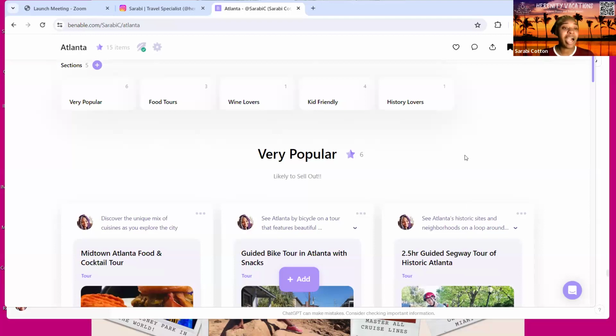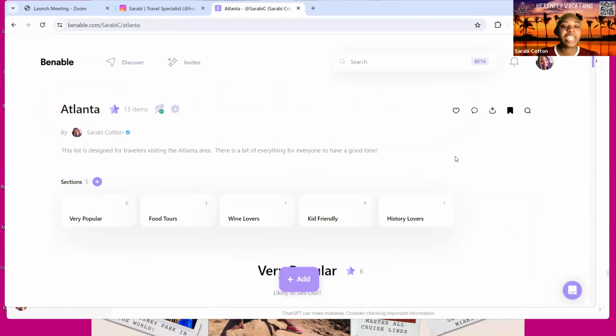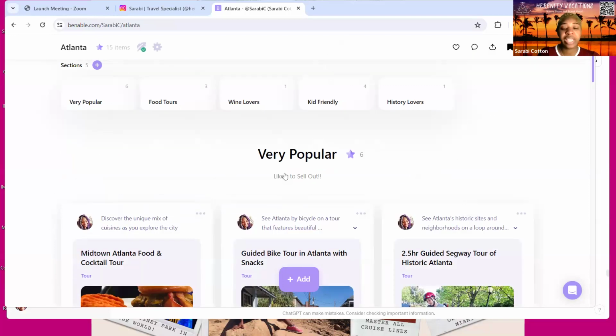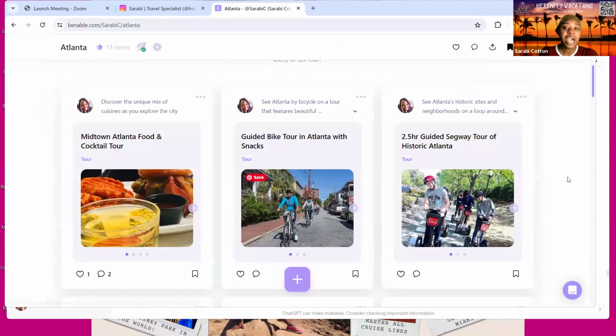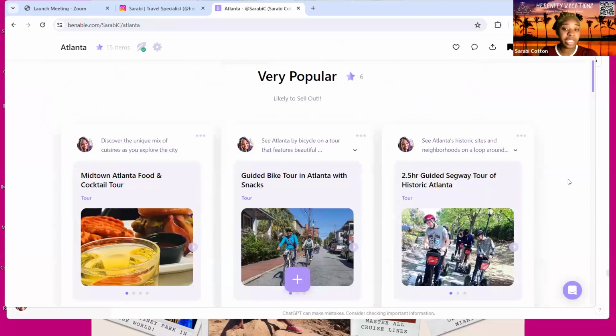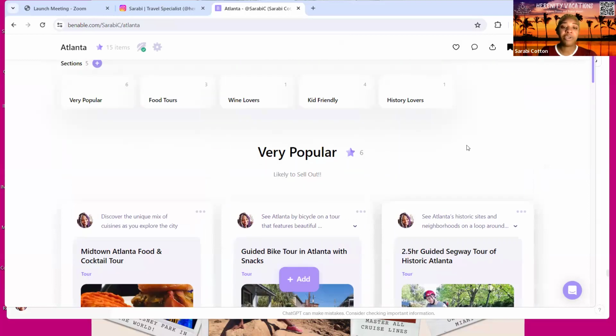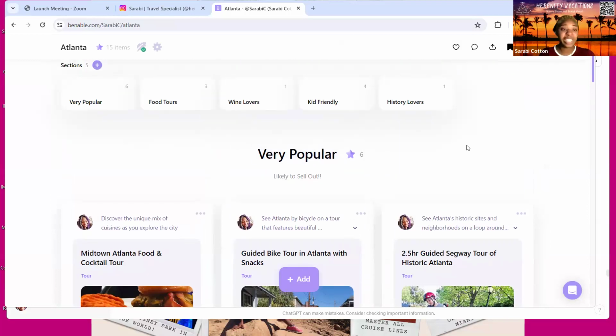So it gives people an idea of where they can go, what fun things they can do, and people actually do view this list. So let me show you a little bit on here. And for those that are in the travel business, you might recognize some of these excursions. I basically use just my Viator links. That's all these are. And I categorize them. So if you're on there a lot, you can see the ones that are most likely to sell out. So that's what I call very popular.